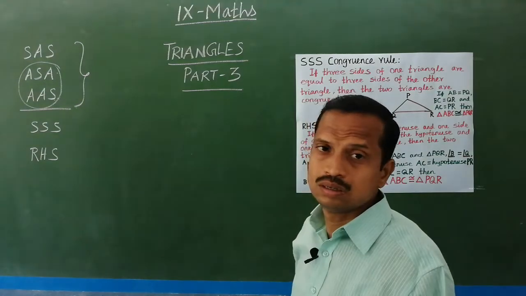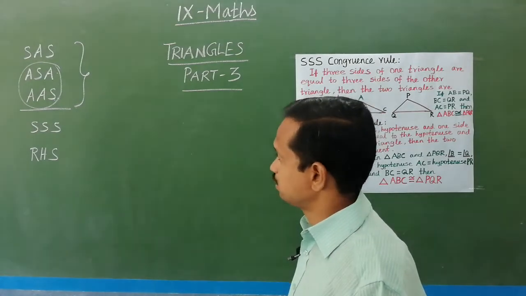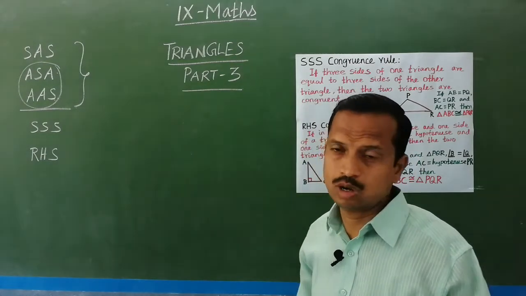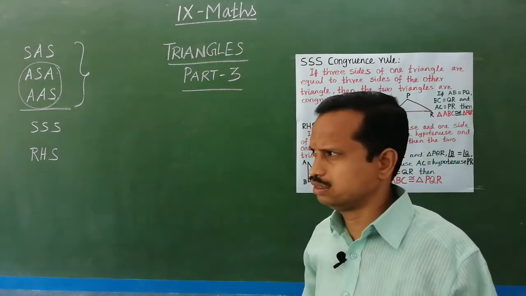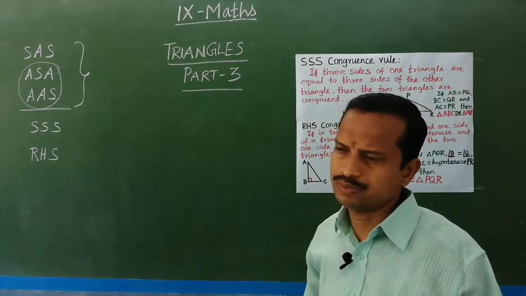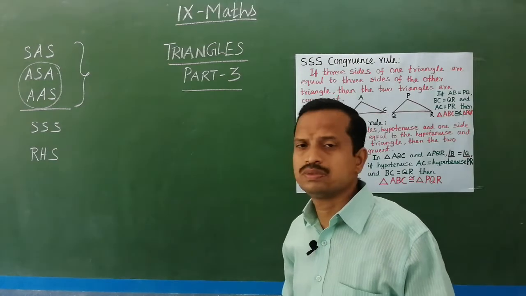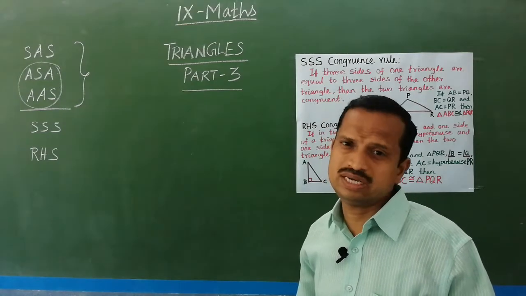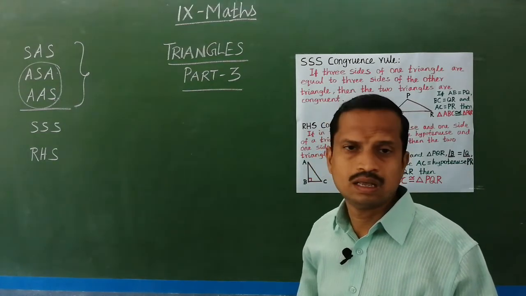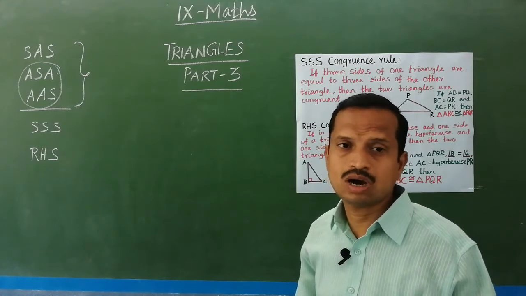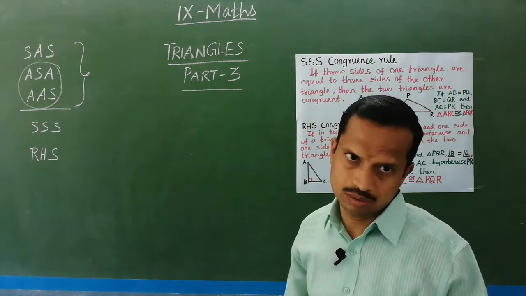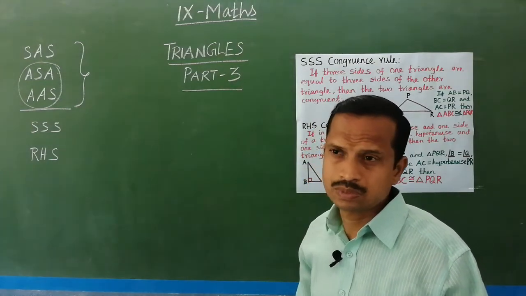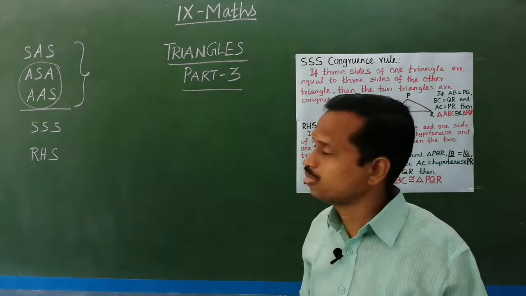So far we have seen up to that, and after this we have learnt the properties of an isosceles triangle, that you know there are two properties. First one is angles opposite to equal sides are equal, and in an isosceles triangle sides opposite to equal angles are equal. So that we have seen. And now in exercise 7.3 these two rules are applicable.